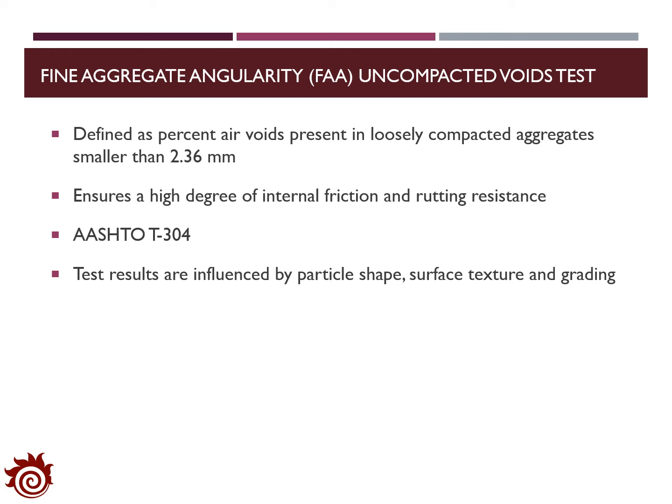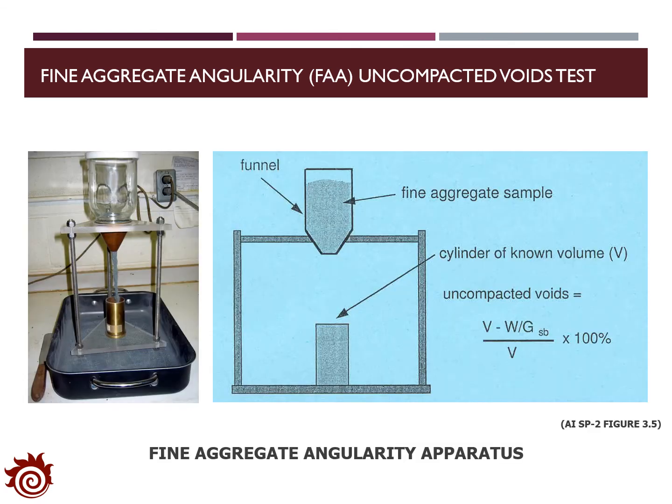In this test, we will estimate the FAA by measuring the loose uncompacted void contents of fine aggregate samples, and the test results are influenced by particle size, surface texture, and the grading of the aggregates. The figures here show the equipment applied for the uncompacted voids test. With this test, we are able to estimate the uncompacted voids of the aggregates, and the value is estimated through the equation here. In this equation, V is the volume of the cylinder,